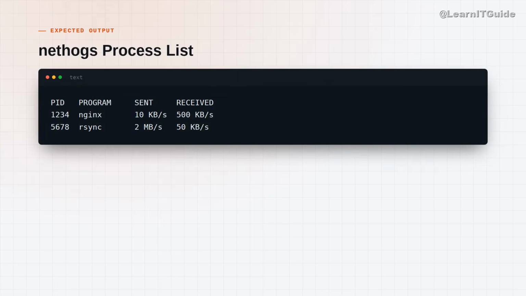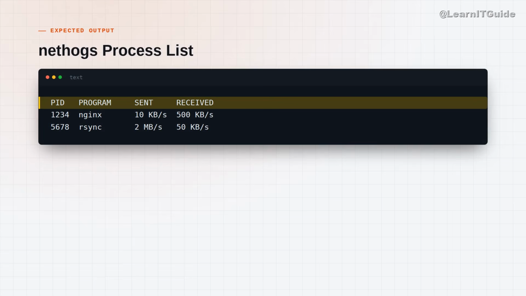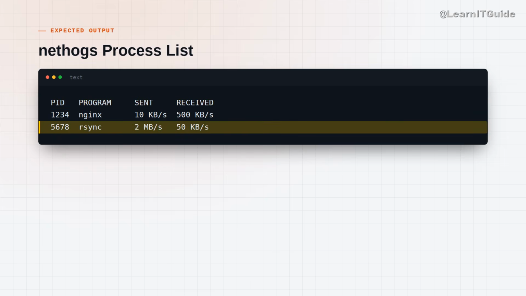In this output, you can clearly see the PID and the program name. Notice that rsync is sending 2 megabytes per second, which explains why our web traffic on Nginx feels sluggish. This is exactly why nethogs is useful. It turns a generic network slowdown into a specific actionable task like throttling or stopping that specific process. If you see nothing in the list, try running it with sudo, as nethogs requires root permissions to read process